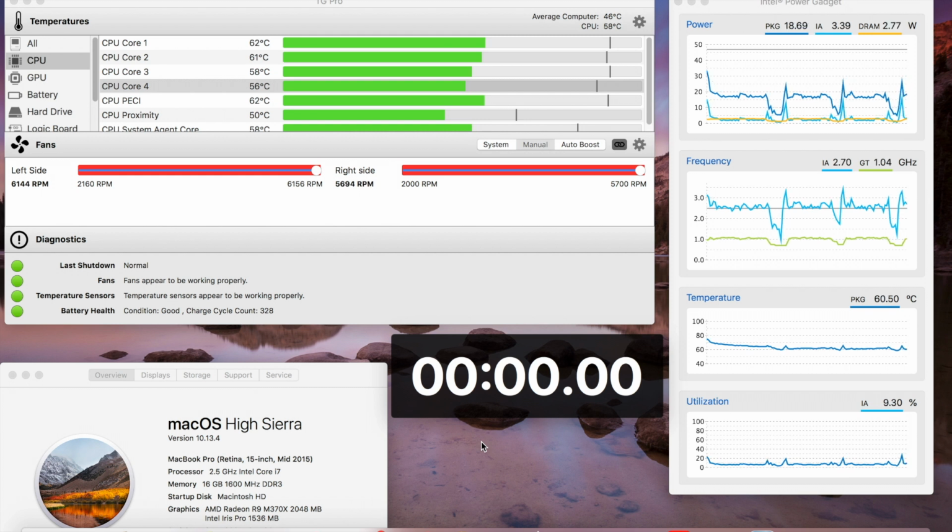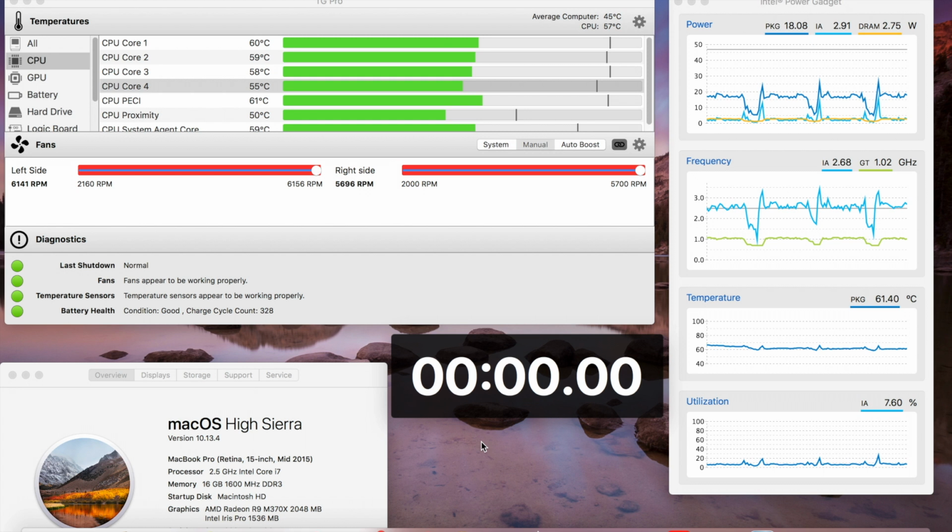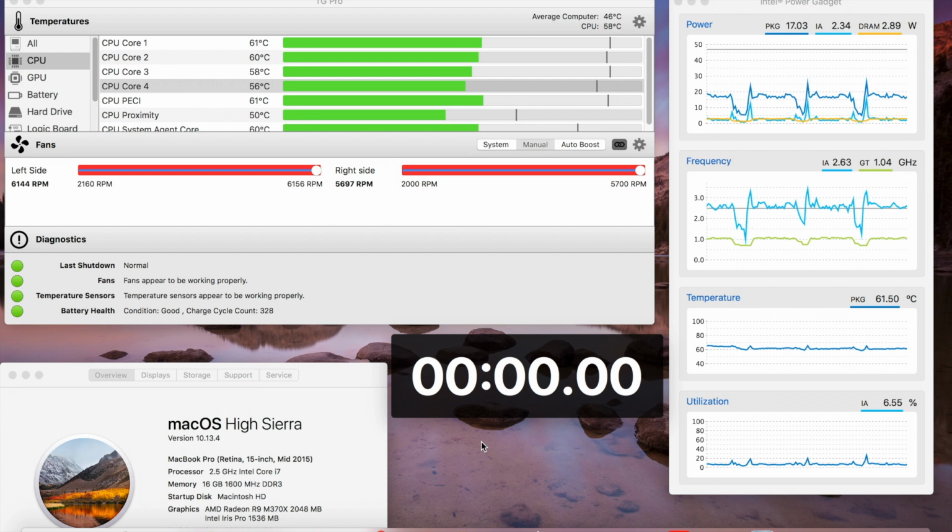Hello, the purpose of this video is to show the thermal issues that I'm having with my 2015 MacBook Pro. I have a 15-inch model with 16 gigabytes of RAM and a Radeon discrete graphics card. Now lately what's happening is if I hook my MacBook Pro up to an external monitor and launch the Chrome browser, I notice the fan speeds go on to full blast, and that's indicating that the temperatures are getting really